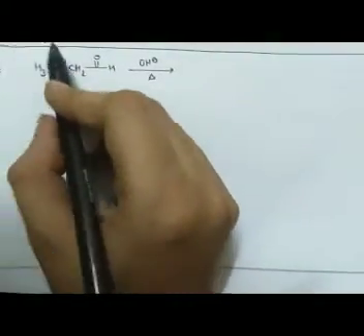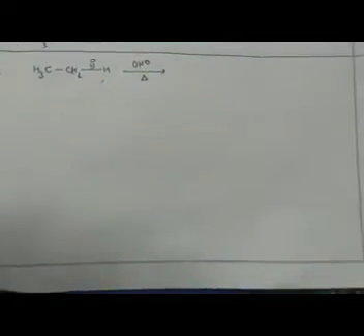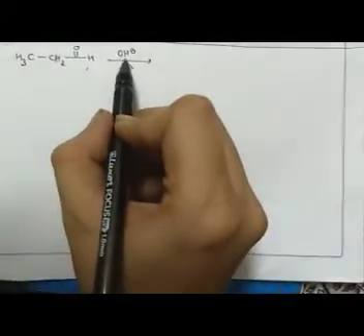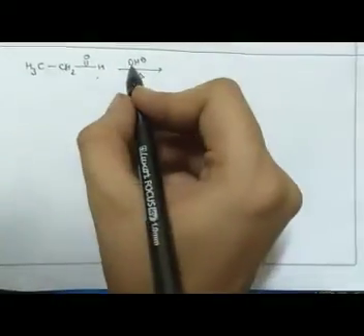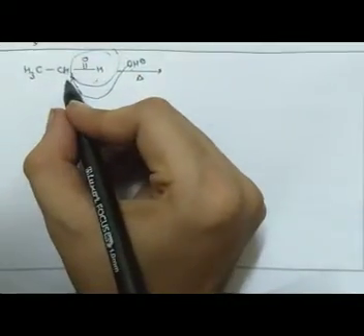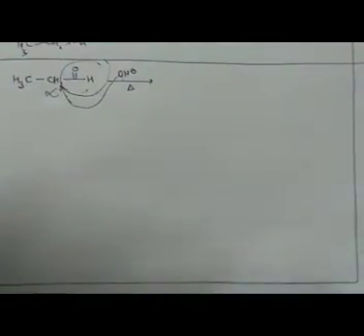This type of reaction is intermolecular aldol reaction, because we don't have any other carbonyl site in the same compound, and we don't have any other compound with which it can react. So it is not cross aldol reaction, it is not intramolecular aldol reaction, but it is intermolecular aldol reaction. So what exactly happens is hydroxide ion attacks the acidic proton, which is adjacent to carbonyl. This is the carbonyl site, and adjacent to it is the alpha carbon, and alpha hydrogen is acidic in nature. We have discussed it earlier also.